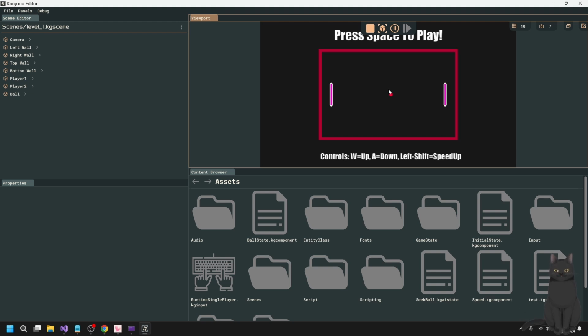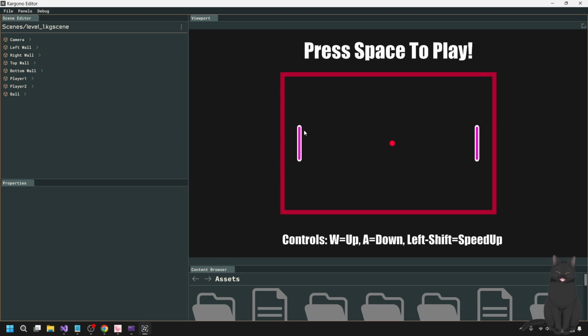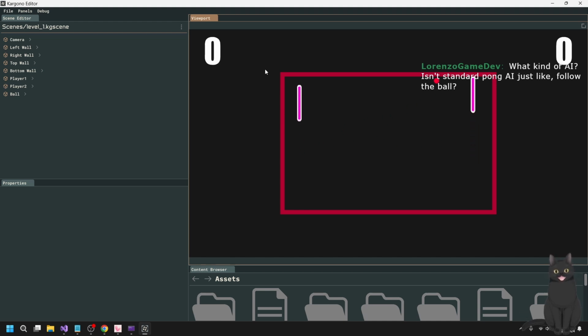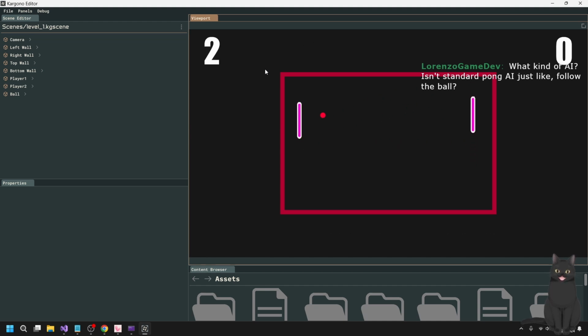Okay. So in the game, currently, I don't have any labels or anything. I'm going to deal with the UI in a later section, but basically this left side is the player and this right side is the AI. And the AI, all it does is just follow the Y position of the ball. So I'll go ahead and play and you can see. And it's pretty easy to beat because it's not using its speed up abilities or really anything, because literally all it does is just follow the Y position of the ball. So yeah, it's pretty easy to get past. So right now I'm just adding more complex features so that it's a little smarter.